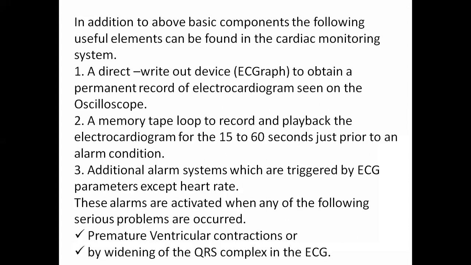And the third one is additional alarm systems which are triggered by ECG parameters except the heart rate. In addition to the previous alarm systems, we have other alarm systems which are triggered by ECG parameters. Here we have the P wave, QRS complex, and T wave. If any one of these parameters takes a very high time period,